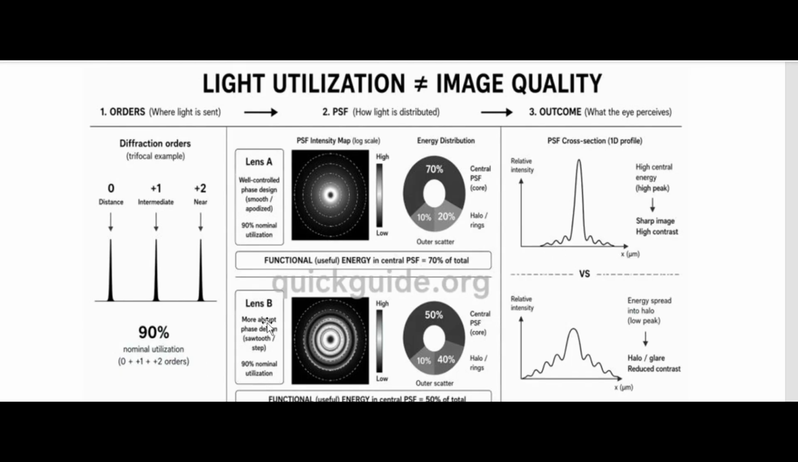However, in lens B, you see that the central light intensity is low, and much of the light goes into the Airy pattern, which leads to reduced contrast or possibly glare for the patients, because a lot of light is going to these concentric rings, and therefore you have these diffractive patterns over here. So what it means is that you can have very high light utilization, but you can still